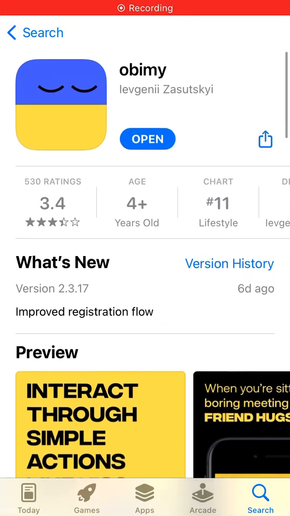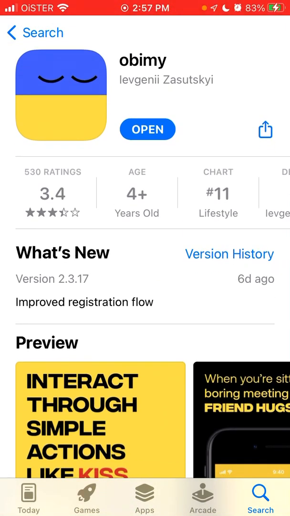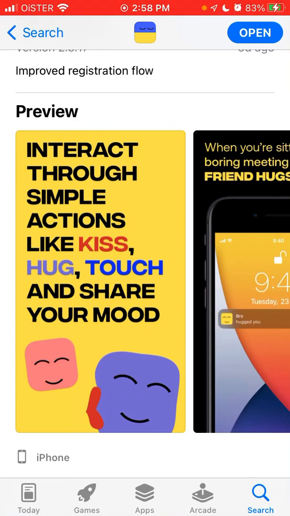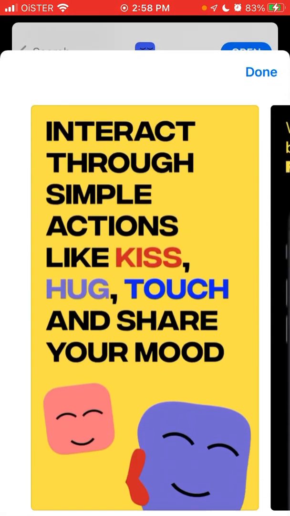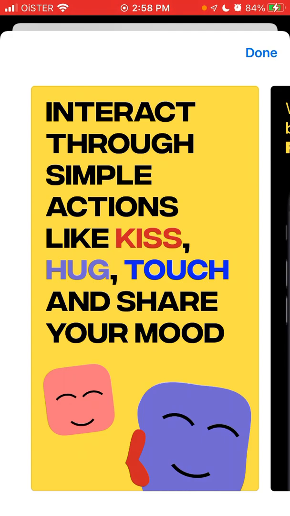Let's go through the Obimy app, which is remaining in top charts in lifestyle and social media. It's a super interesting app developed by Ukrainian developers. Yeah, probably it opens some new interesting horizons in social media apps. And let's explore why. So this app doesn't focus that much on sending videos or sending text and audio